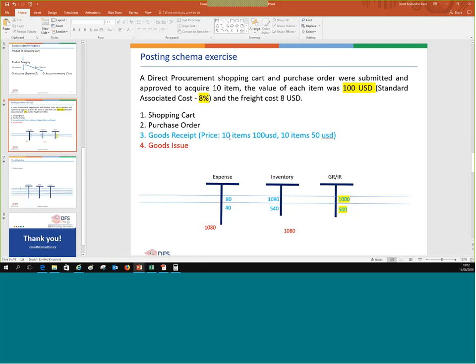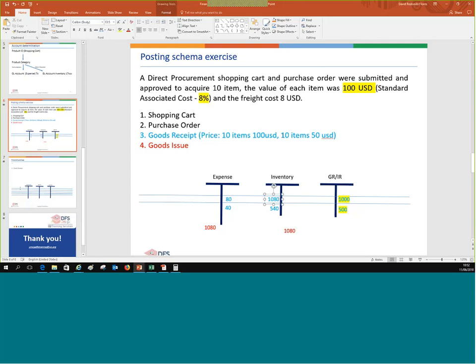We acquired 10 items. Every item is $100. How much do we have to pay? 1,000. How much do we debit on the inventory account? So 1,000 plus 8%. Why? Because we have to add 8% of the standard associated cost. This is done automatically by the system, and then we create the expense account for 80, so it will net off any freight services. Another day, there is also another purchase order, but there was a very good discount, and